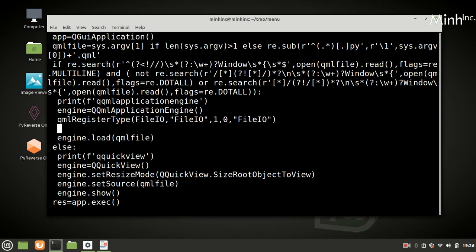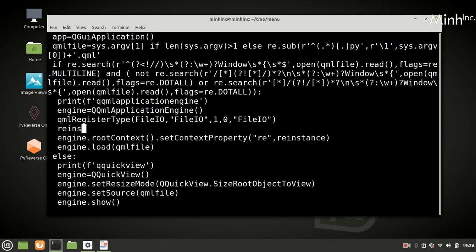And then engine.root context, set context property RE instance, that will instantiate now, RE instance equal to RE. QML register type file IO, and RE and root context set context property RE instance. So now it should be available on other side.